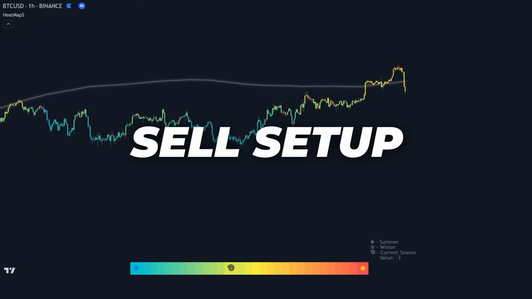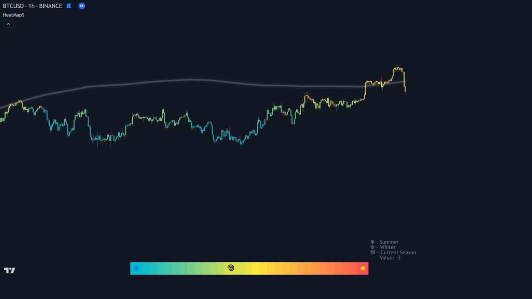Sell fake-out trade setup. The price is generally in a downtrend as it's trading below the regression line, signaling bearish momentum is dominating. However, we see the price attempt to move above the regression line, creating a fake-out. This false breakout occurs when the price briefly pushes above the regression line, but quickly loses momentum and fails to